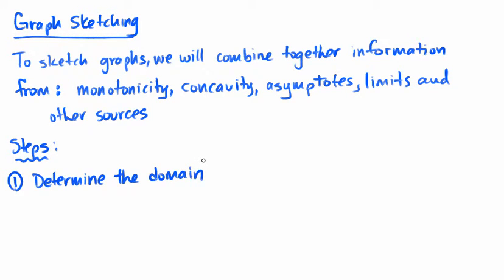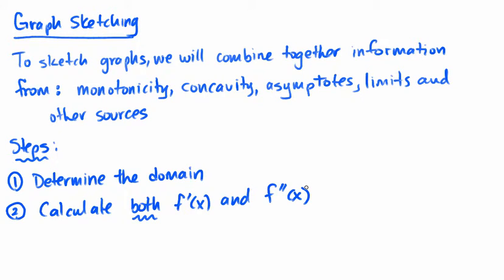The first thing to do is to determine the domain. This is actually going to help understanding how big our sketch should be, what our asymptotes might look like when we get to that step. So we state what the domain is as our first step. Then we go and calculate both the first derivative and the second derivative. We're going to need that so that we know when the function's increasing and decreasing